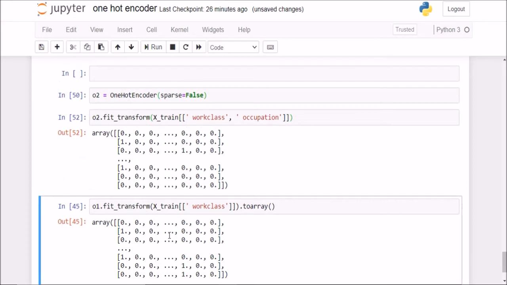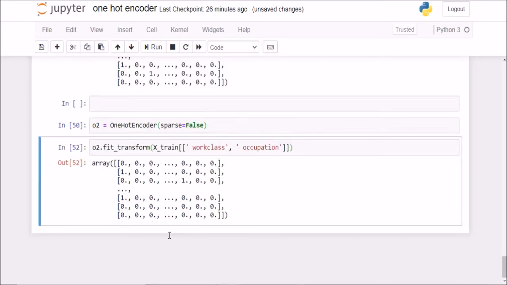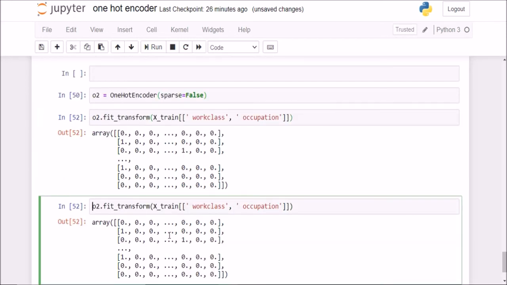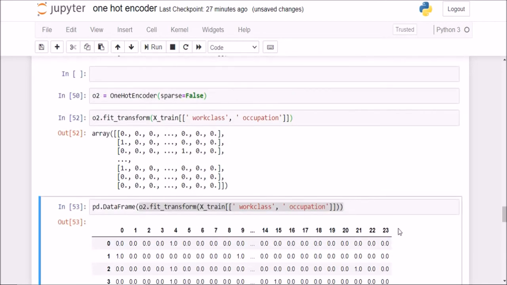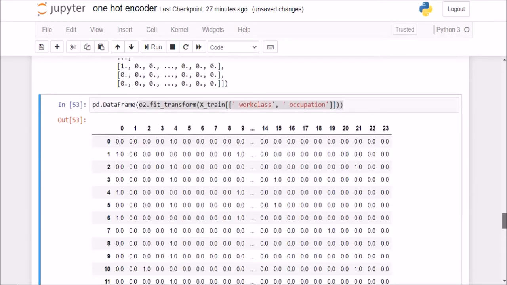If I check how many columns this new object has, if I do pd.DataFrame, you see we have 24 new columns here. Why 24?